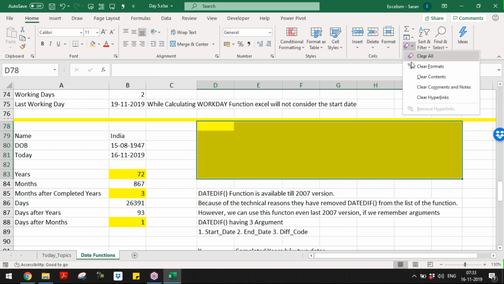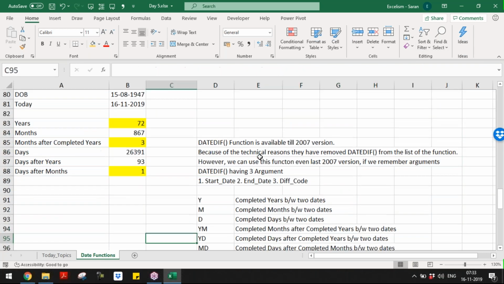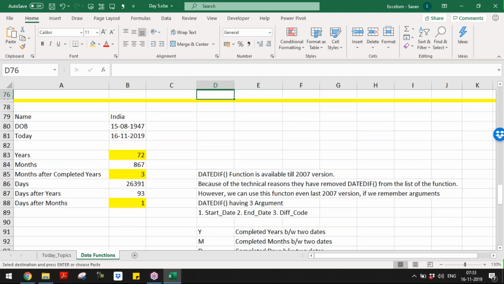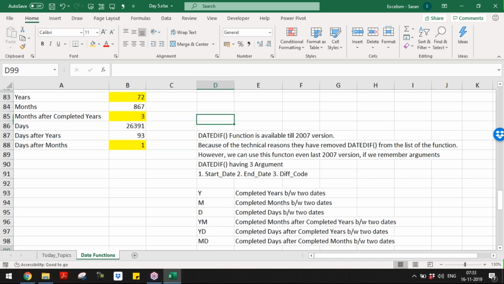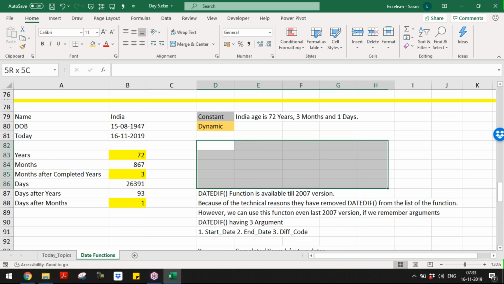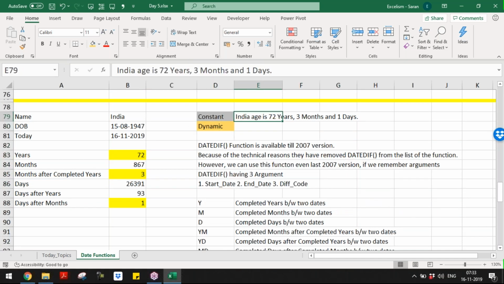I preferably use clear formats. Now this example I would like to cover here. The same thing is a constant here. I want to make it dynamic.